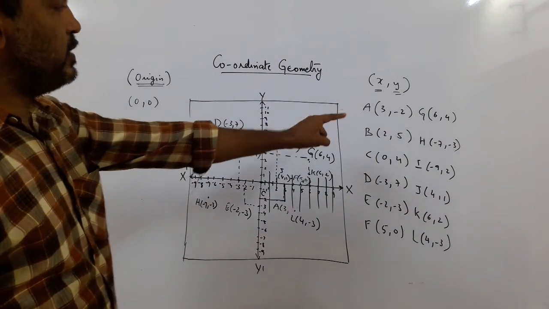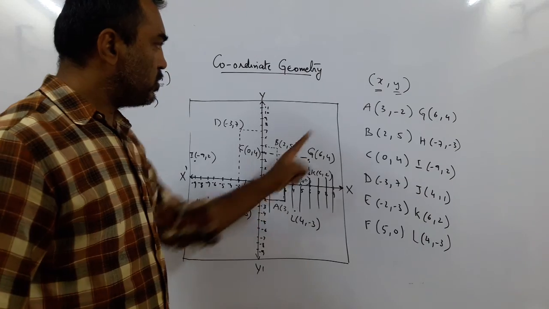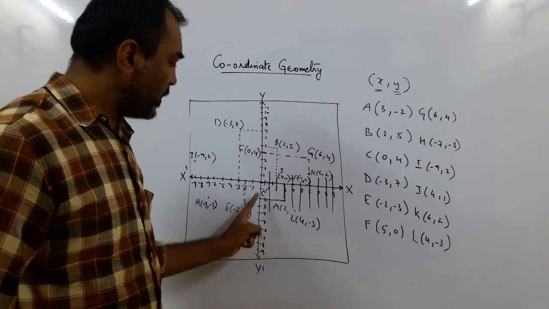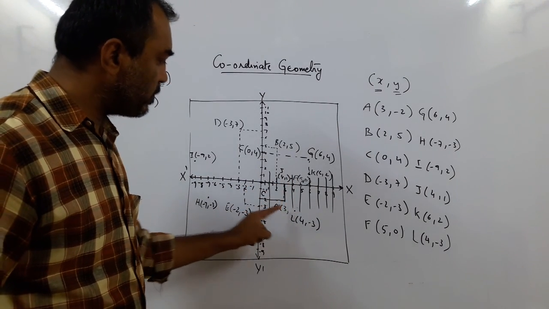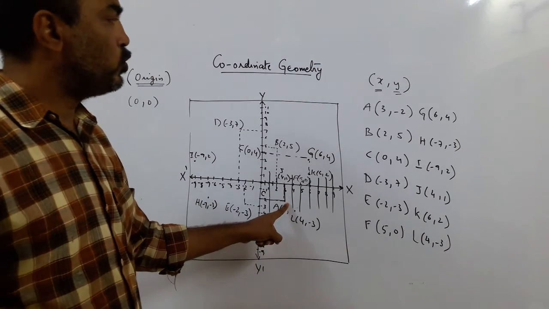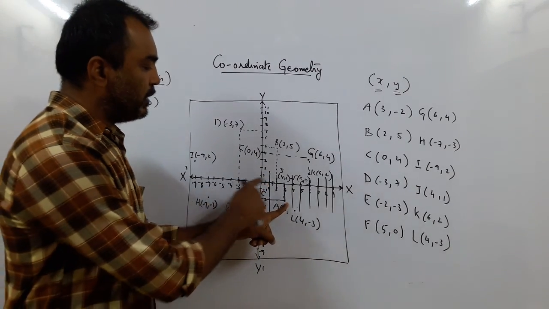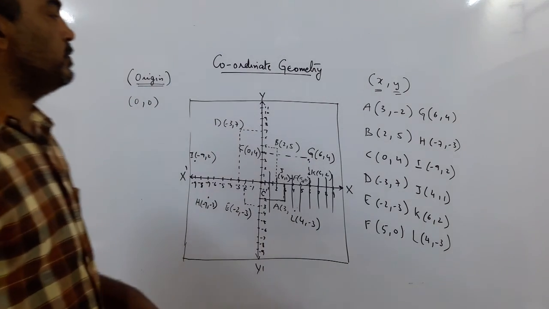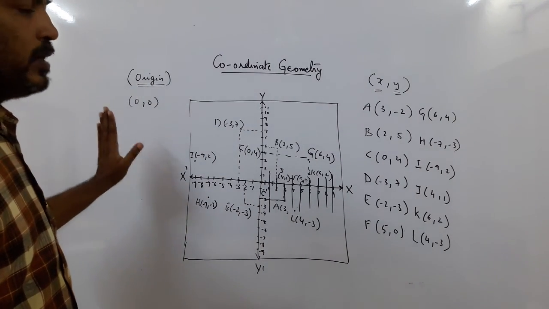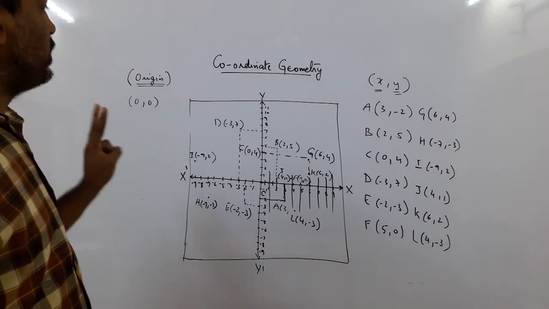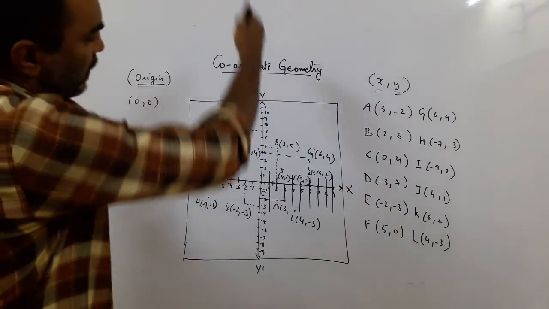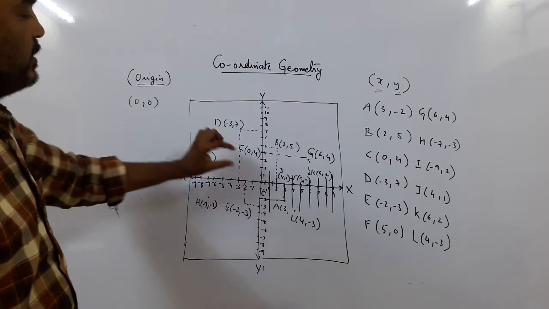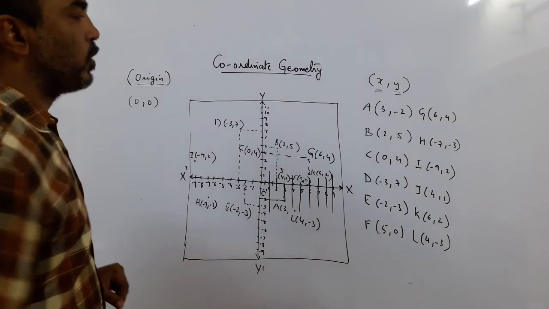So A, you can see 3, minus 2. It is 3 steps to the right and 2 steps below. So 3 steps to the right and 2 steps below. So the point is over here. Two coordinates are changing. It is moving to the right and it is also moving below. So we have reached from here to here. Yes? So that is the idea of coordinate geometry with 2 points on any plane. If I divide the board into 4 parts, from the origin, where is the point located?